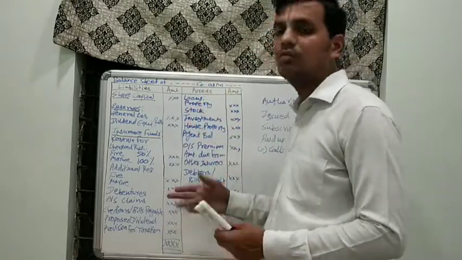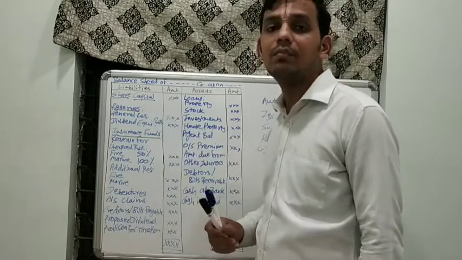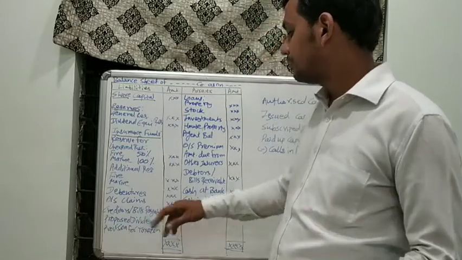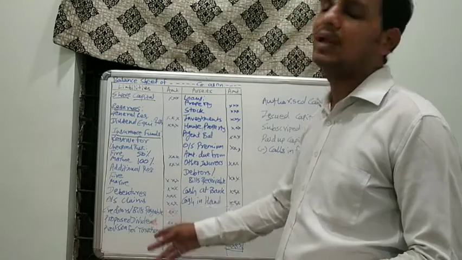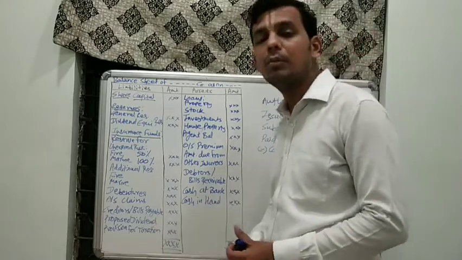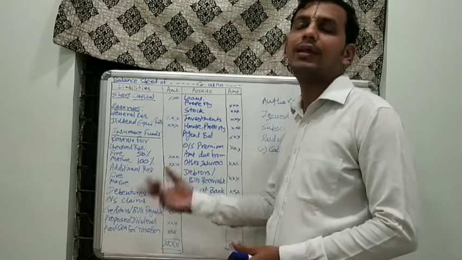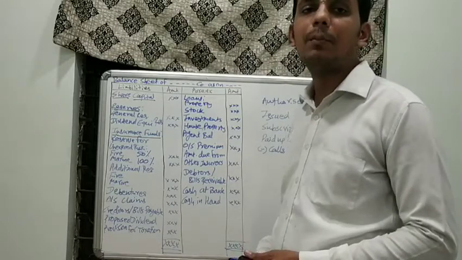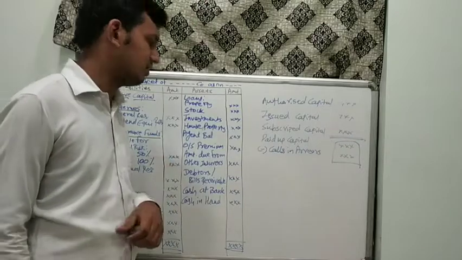Then debentures, this is again a fixed liability. Then any other outstanding claim with the company would be taken here. Then creditors or bills payable, that would be here. Then the dividend which has been proposed by the company for the current year would again be part of liability. Provision for tax or any other outstanding expenses taken by the company would be part of liabilities. Now moving to our assets.